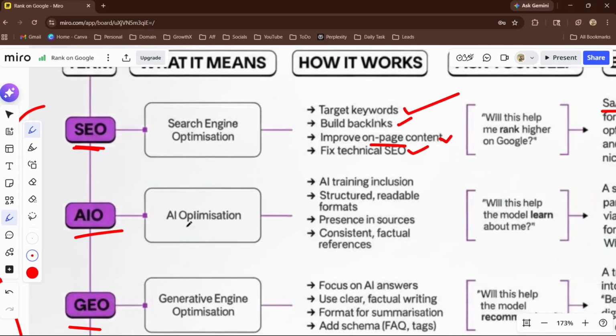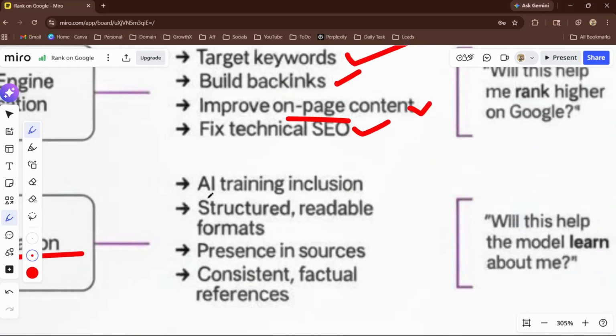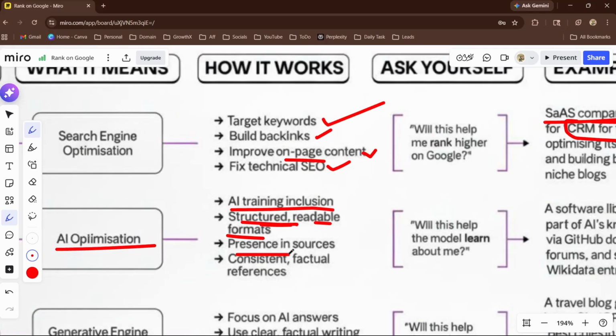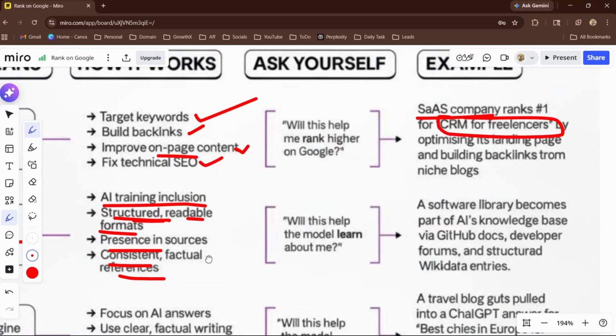Later AI came, and then AIO, which is AI optimization, which is AI training inclusion. It uses very structured, readable formats for AI, presence in sources, and consistent factual references, because AI relies on how updated and how relevant your content is.